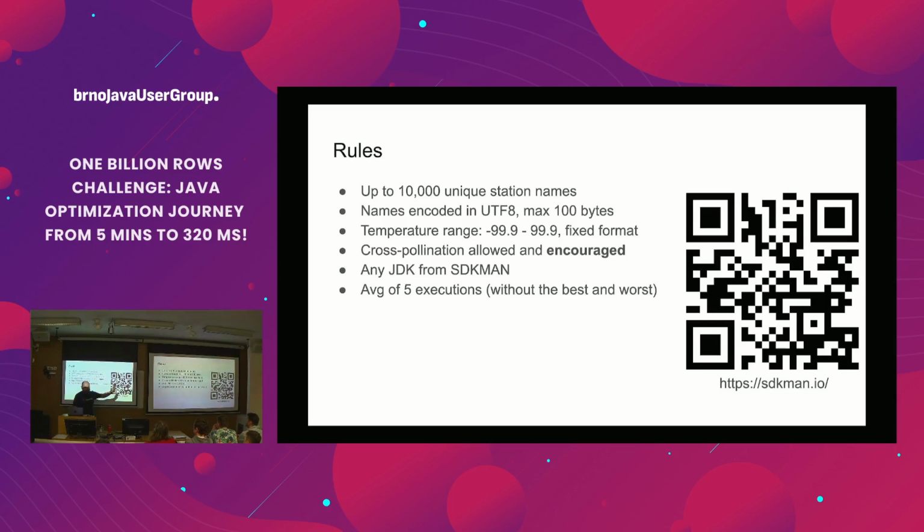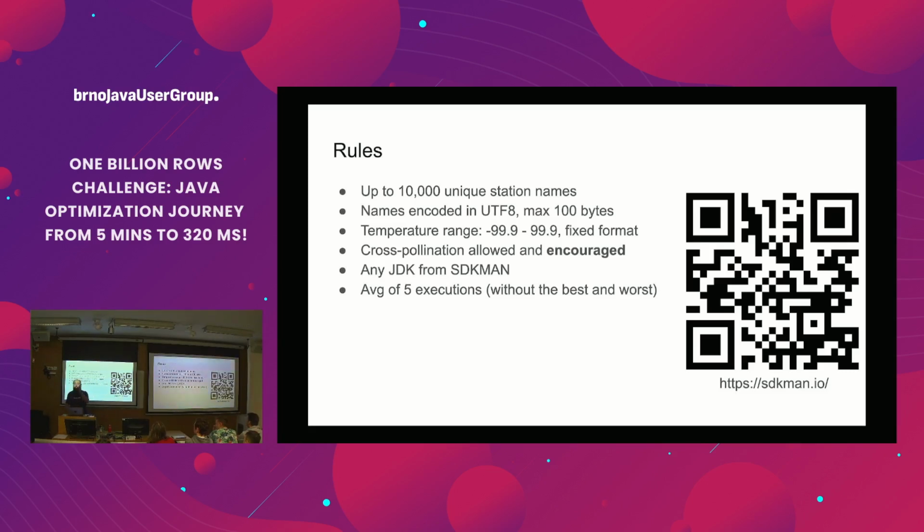That was the official rule, but in fact, the official testing set has just 400 or so. It means if you are optimizing to win, you can optimize for 400 unique cities, but at the same time, you can have some slow path which will work if you happen to have 10,000, because the benchmark is measured with this official data set with 400. That's what's used for measuring the performance.